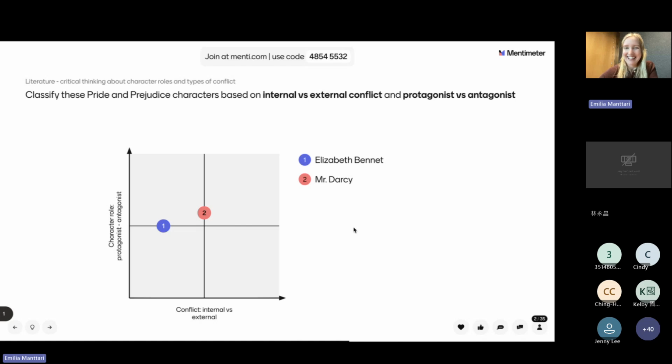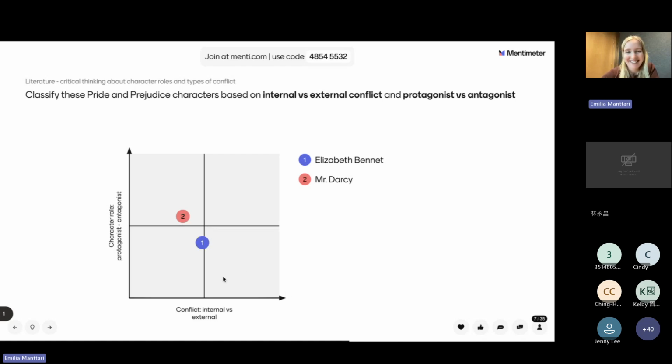And you can see that now that we have a couple of responses on the board, we can also see how those little dots are moving. So right now we would have Elizabeth Bennet more of a protagonist, and then Mr. Darcy also kind of in the middle there, but very close to each other. So this is, of course, a way for you to see if your students are able to compare those different characters and their perspectives, and really take that knowledge testing to the next level.